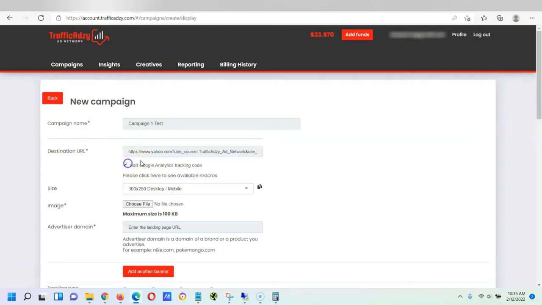Now, if I click on this box here, it is going to automatically add my UTM tags, so they will flow through to Google Analytics. So I can see the source and can actually see the campaign ID. And it also gives you the click ID. Now, if I click here,